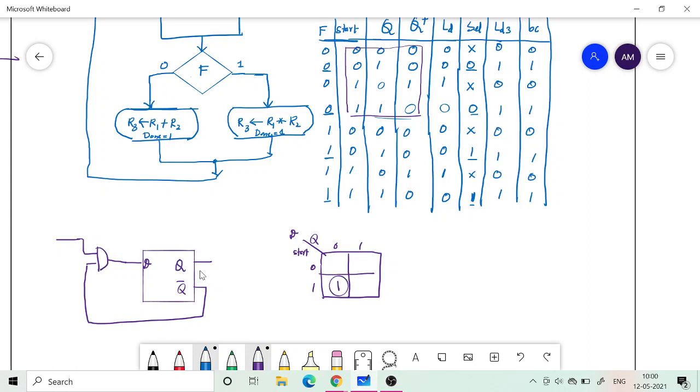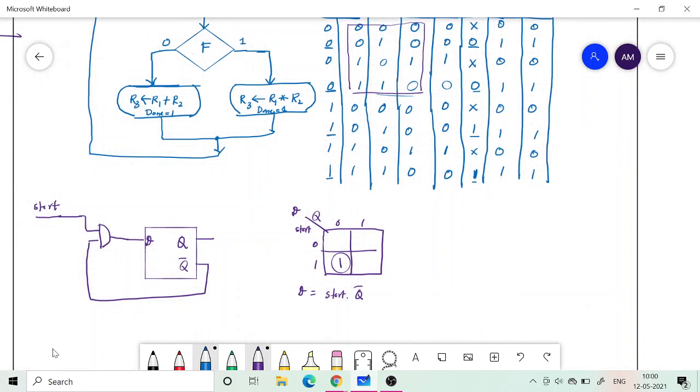If you do the kmap, you will get D equal to start AND Q bar. So this is my start and this is my Q bar. I take an AND operation, so that is my next state. So I am ready with my state.